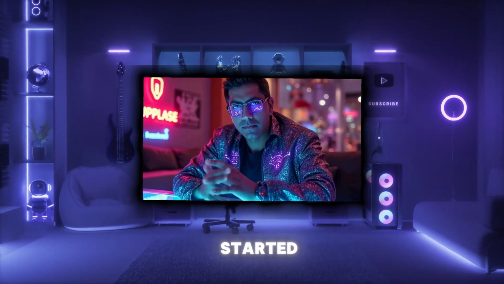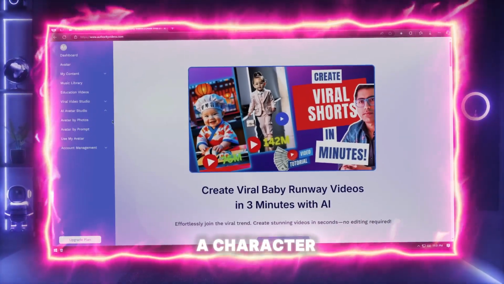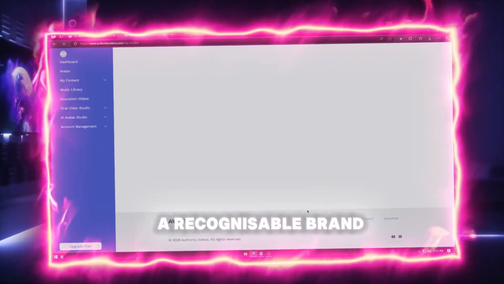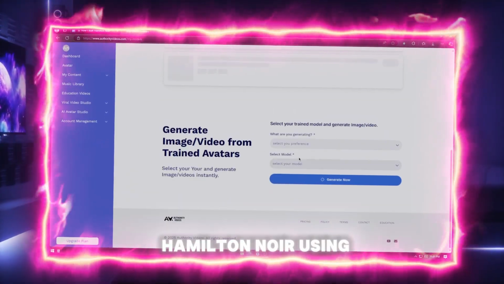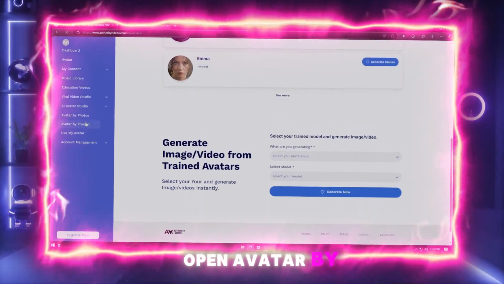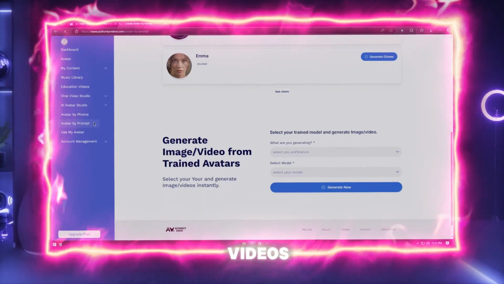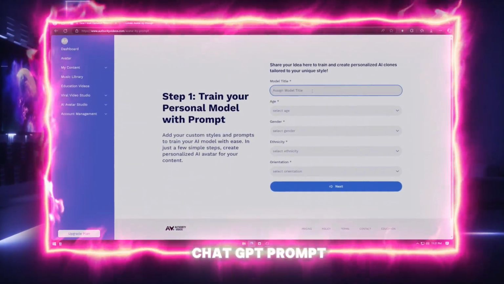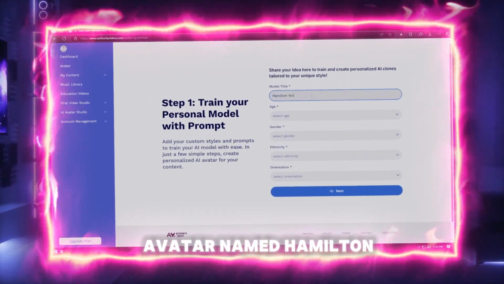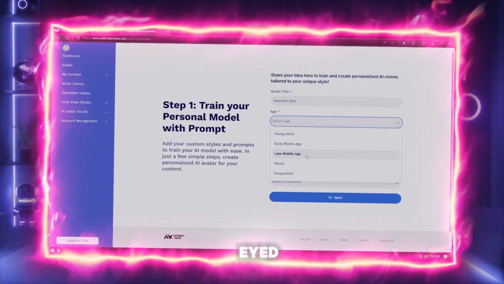Let's get started. First, we need a character, one that feels real and has a recognizable brand. How I created Hamilton Noir using Authority Video's AI open avatar by prompt on authorityvideos.com. Use this detailed ChatGPT prompt to generate his look, a noir detective avatar named Hamilton Noir, a rugged, sharp-eyed private